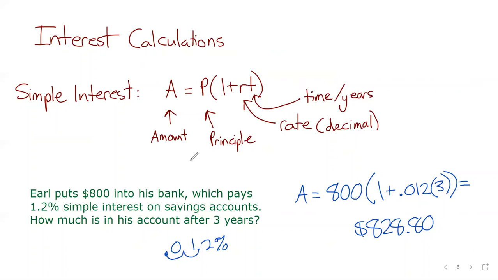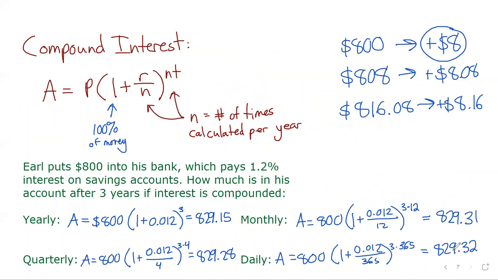Simple interest, we need to know it. It's linear. It's not really how things work, but we should know what it is. And then the big one is understanding how to calculate compound interest, and what this format and all the different variables mean. That's it for this intro to exponential growth and decay, but there's so many applications of it, and so many ways that it's meaningful to understand. But this is the